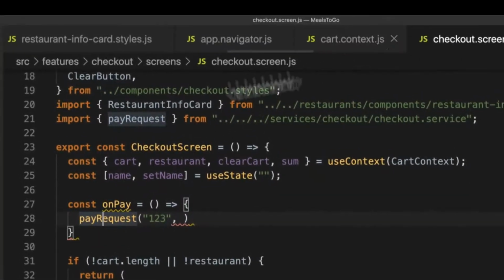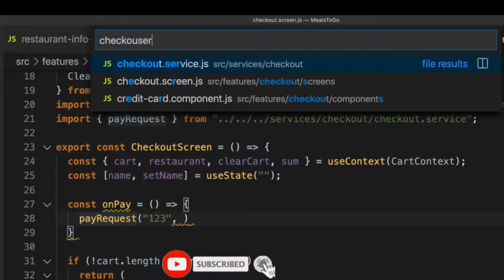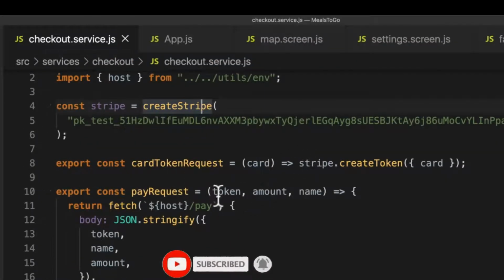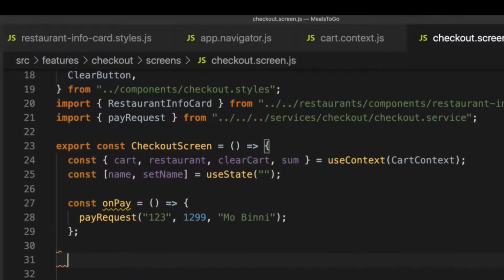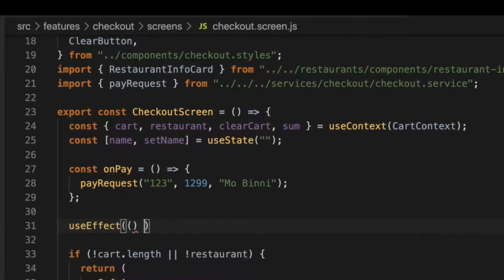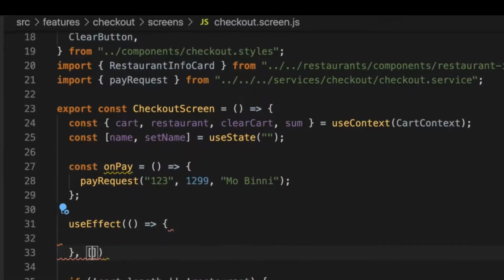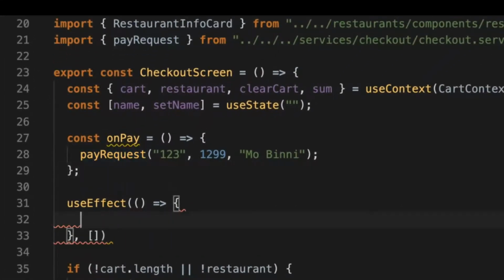And then if we go over to the checkout service, we can see what else it needs. It needs a token, needs an amount, and it needs a name. Okay, so token, amount, let's say that that's $12.99, and then the name is Mo Beanie, right? And then what we'll do is we'll just fire off this request. We're not really going to do anything with it. And we'll say that, use effect on mount of this component, fire a pay request. Just very simple stuff. Let's fire that pay request, or rather the onPay, which is wrapping the pay